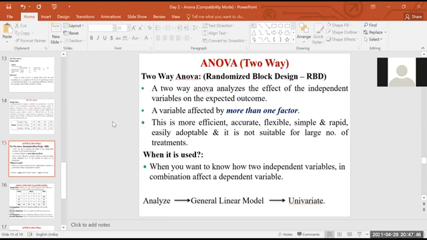Now, in the previous one-way ANOVA, I told you that there is one dependent variable, which depends upon the independent variable, where the independent variable is categorized. Now take the same example, or another one. There is one independent variable called gender, which is categorized into two. Again, you want to measure the performance of the employee.